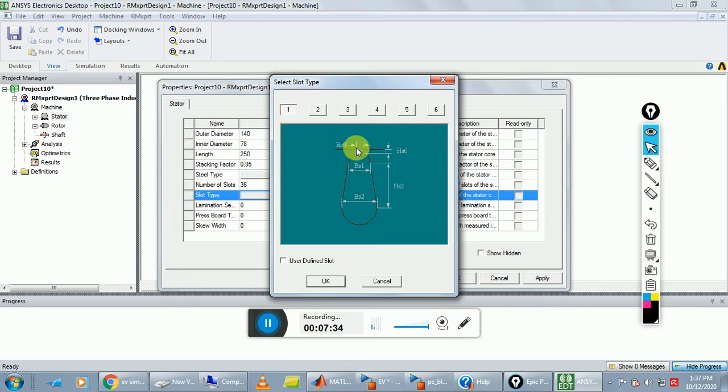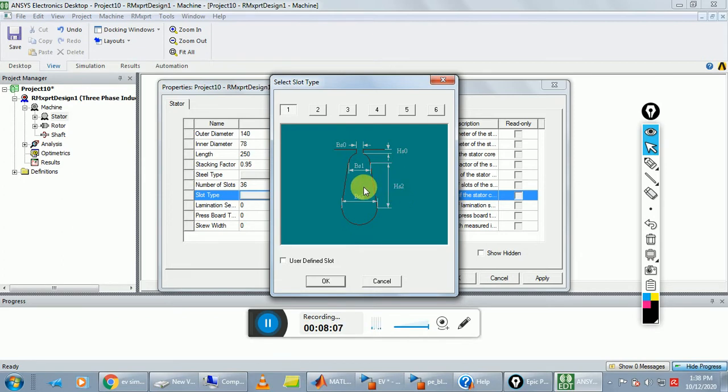This distance is known as BS0, and this distance is known as HS0, and this distance is known as BS1, and this distance is known as BS2, and this distance is known as HS2. When we design a slot of our induction machine, in this step we put all the values BS0, BS1, BS2, HS0, and HS2.